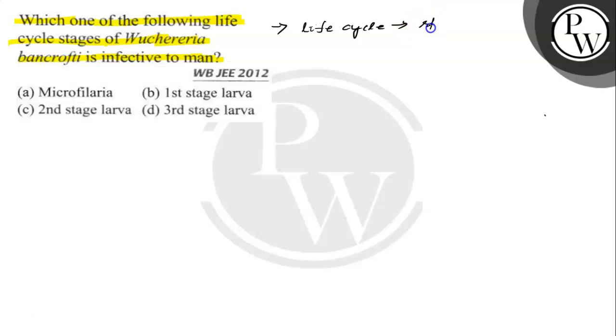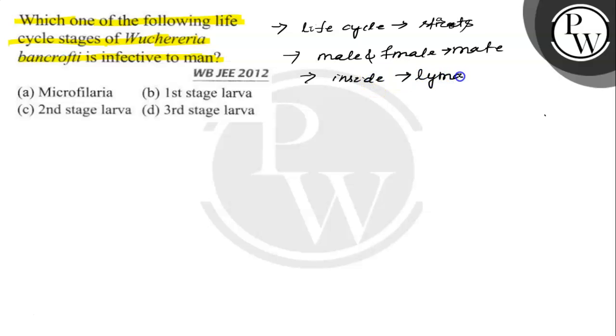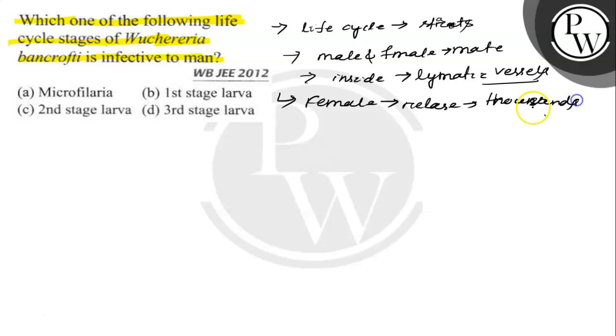starts when a male and female both mate inside the lymphatic vessels of an infected human, and the female releases thousands of microfilariae